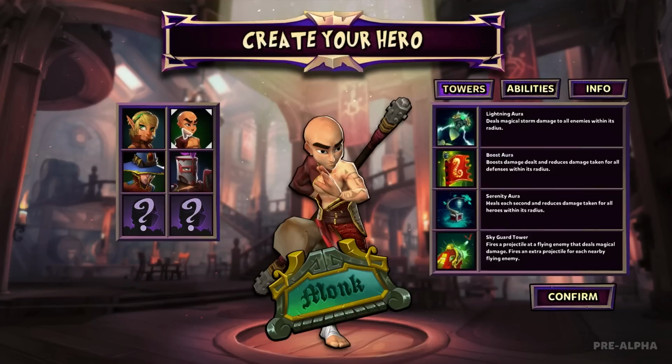Interesting. So we have the Monk, which is my second favorite character of DD2. So we have the awesome Lightning Aura, which deals magical storm damage to all enemies within its radius. It's quite weak, but you'll understand why I like it so much. Boost Aura boosts damage dealt,